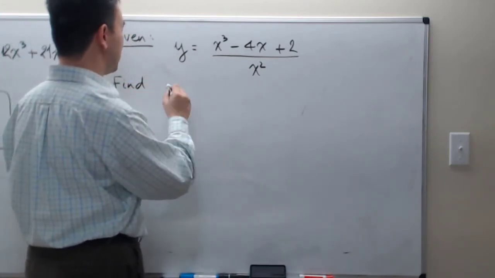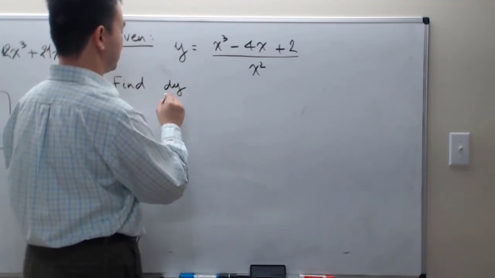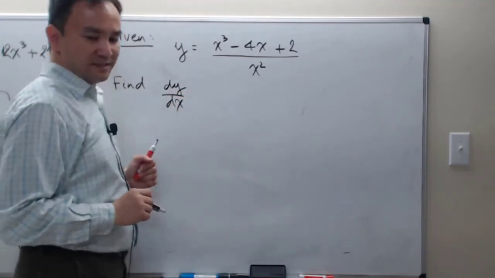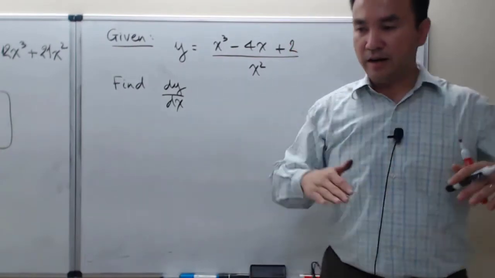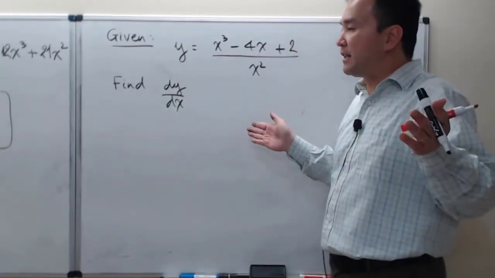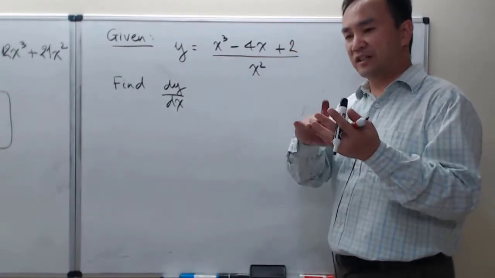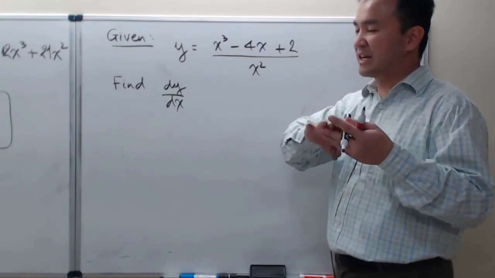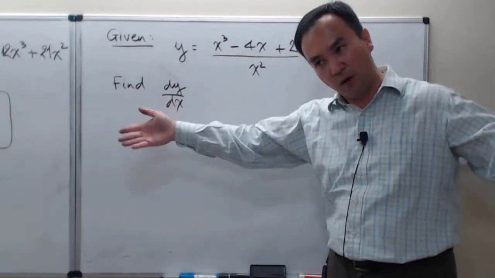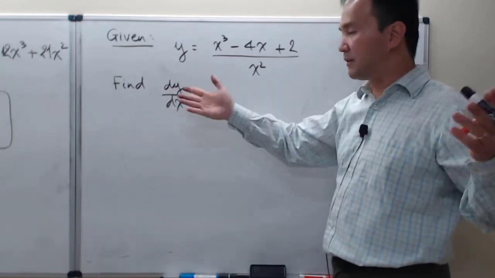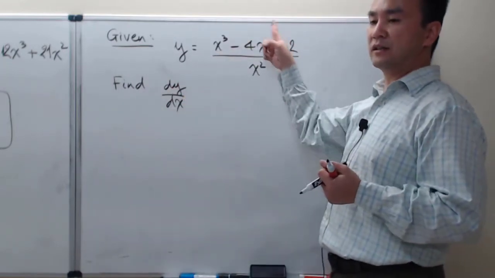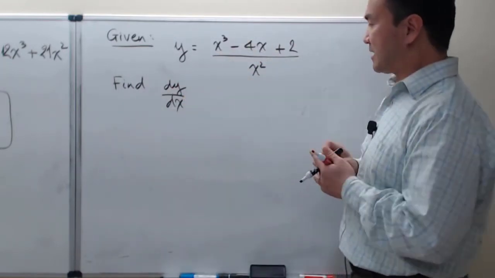Okay, let's find the derivative. So find dy dx. And so keep in mind, at this point, I still have not taught anything other than the 4 rules, the power rules with the other basic rules. And on top of that, maybe there's a 5th one, the product rule. But none of those is useful for something like this. Okay? And so,